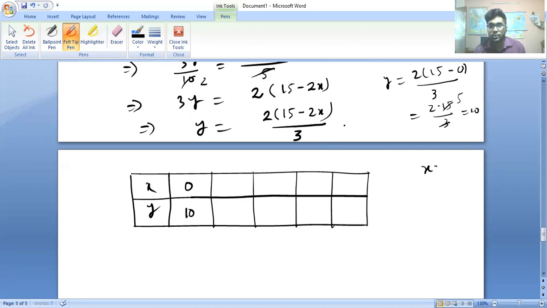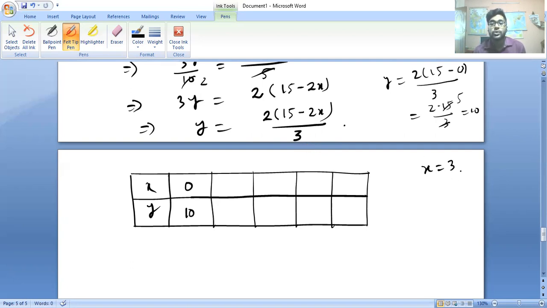If I put x is equals to 3, you are wondering how am I finding it directly? It's just practice. If you do enough practice, you can do it directly. But otherwise you have to just try to put the values. At first you put 0, then 1, then 2, and then 3 and 4, and continuously you have to check whether the value of y comes as an integer or not.